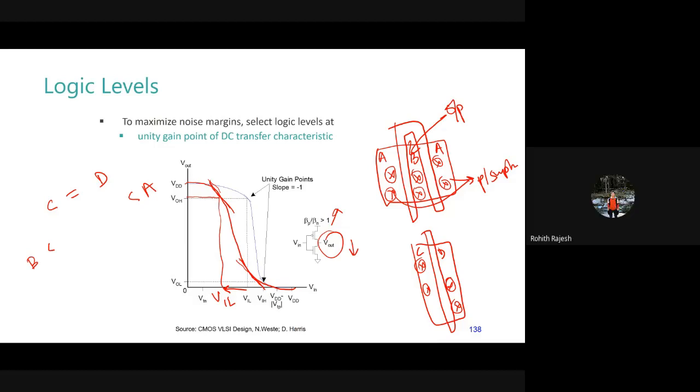What do you charge or discharge? The load. The supply is not the load. The load is V out. Since you have connected V out to B, the capacitance has only reduced. So longer would be the time for which the power supply is going to be given, because the capacitance at the power supply end is increasing, so the delays would be increasing there.